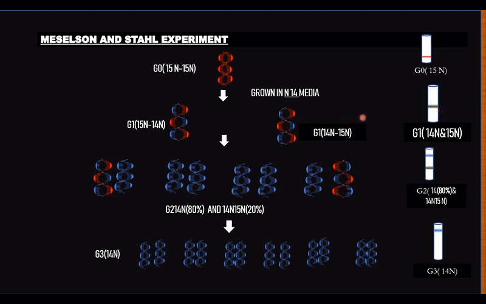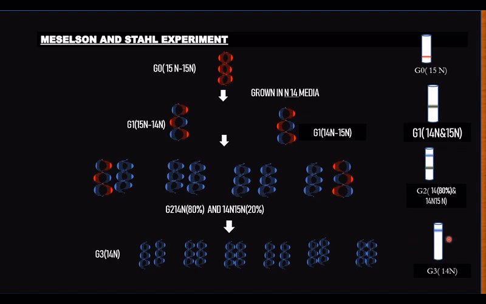This proves there is no parental strand, so it is not replicating through the conservative model. And in the second generation, when the hybrid replicated in 14N media, it gives 14N up to 80% and hybrid only 20%. This proves that dispersive is ruled out because there is no 50-50% of parental strand and new strand. It is 80 and 20%, so the dispersive model is ruled out. And next is G3. Only 14N is there because it replicates only through the semi-conservative model. The nitrogen taken up from the media is 14N, so obviously it produced only 14N.